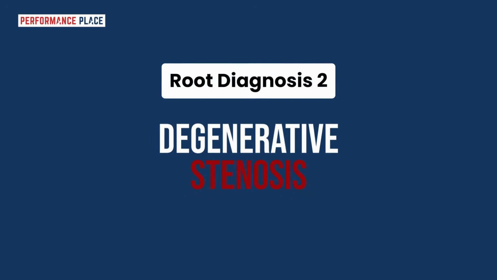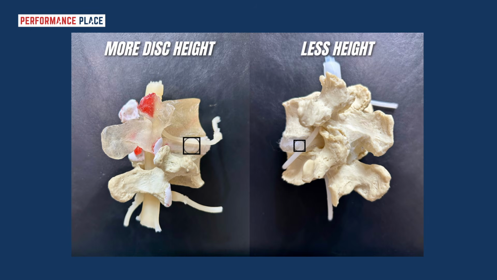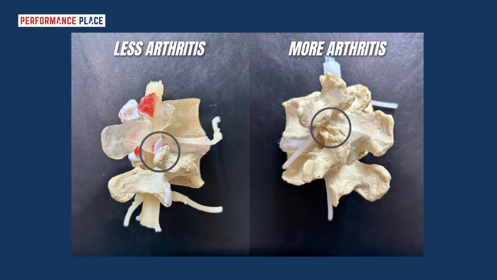With the normal aging process, people tend to decrease their disc height, and they also increase the bony prominence around the joints of the spine. These two things, in combination with other enlargements, can create decrease of hole size, what we call stenosis. Stenosis can occur within the central canal of the spine, creating sometimes bilateral sciatica, or on a single side, which